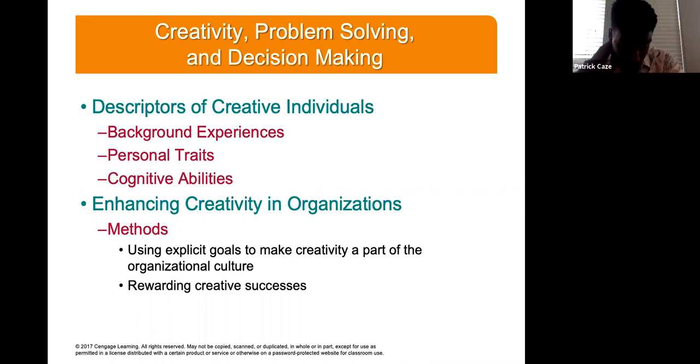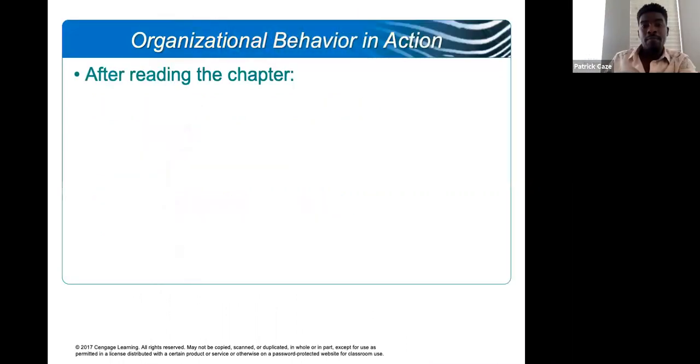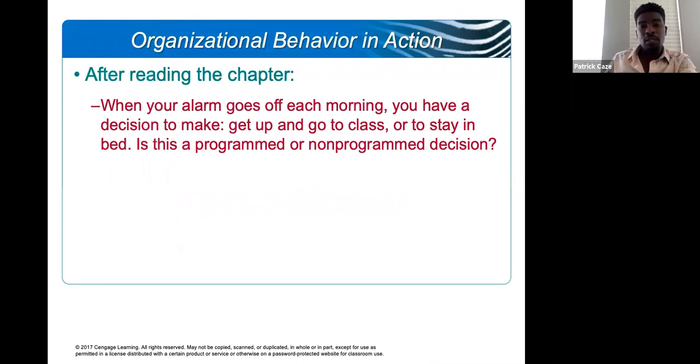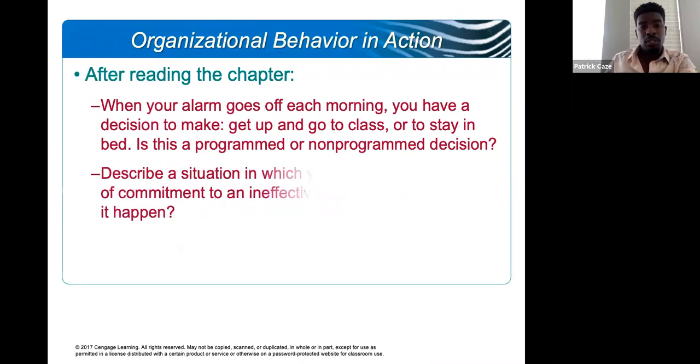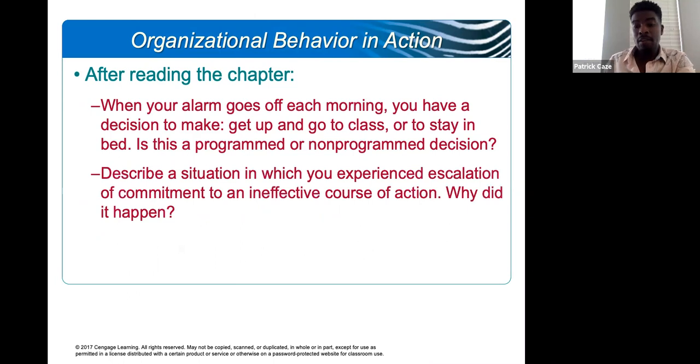Okay. How do you enhance creativity in an organization, right? You make sure that you reward creativity. Okay, we reward creative success, right? And so, if someone came up with some kind of novel idea and it was just a blockbuster and it worked really well, right? You need to make sure that you acknowledge that person and you reward that person in a way that is commensurate with their actions and what the outcome was.